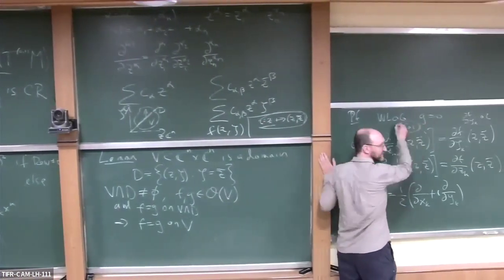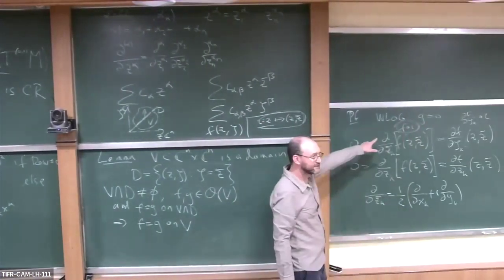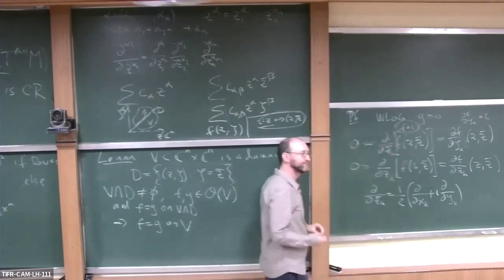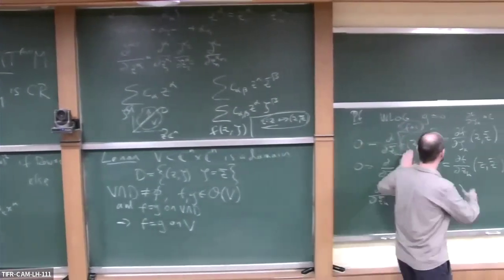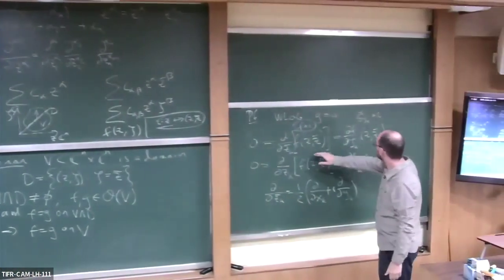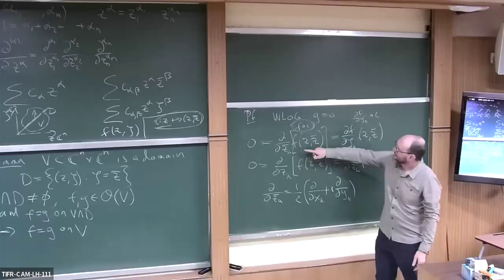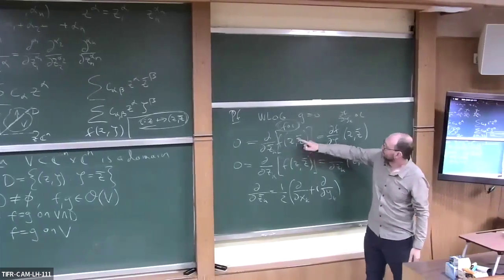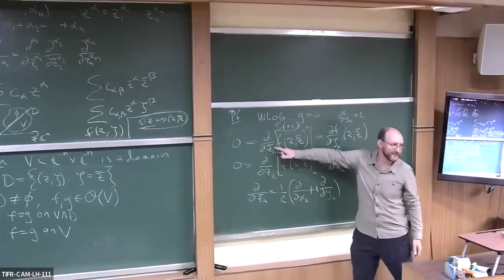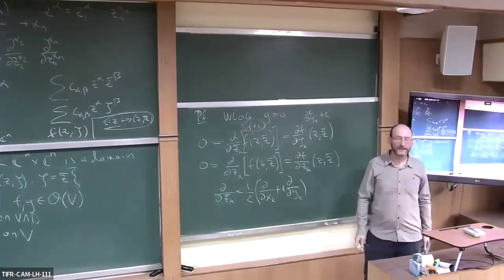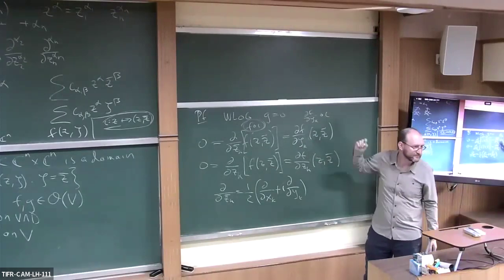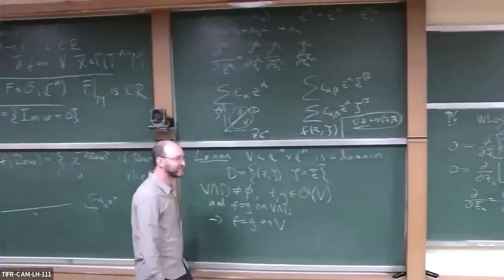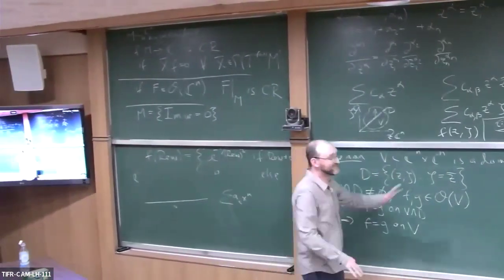F of Z, that's your thing, right? F of Z, comma zeta of Z, where zeta of Z is Z bar. So when you apply the chain rule, what do you get? You get the derivative applied first to Z, but you're taking the Z bar derivative, so that doesn't show up. Then you take the derivative with respect to zeta, and the derivative of zeta with respect to Z bar is 1, because zeta of Z is Z bar. Right, exactly. So it is precisely the chain rule.